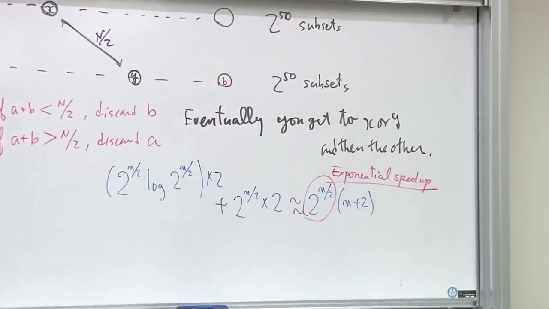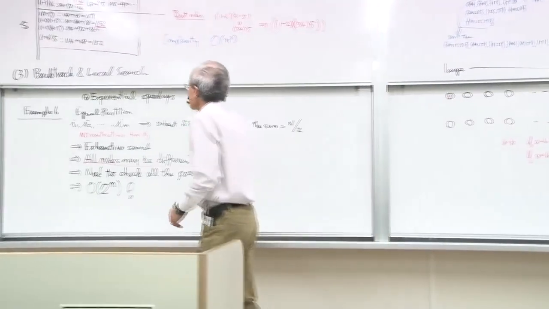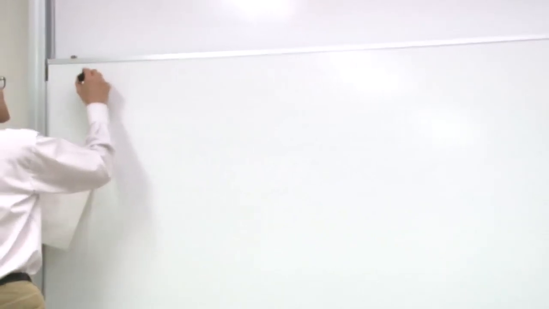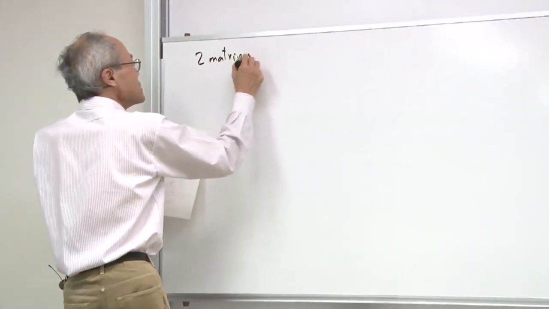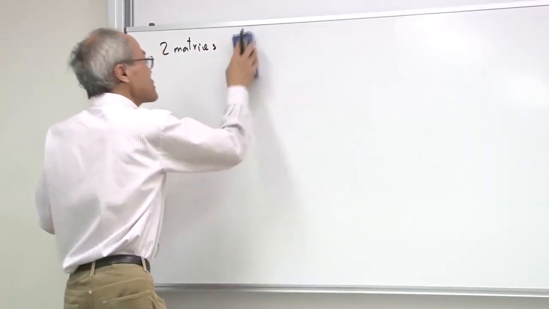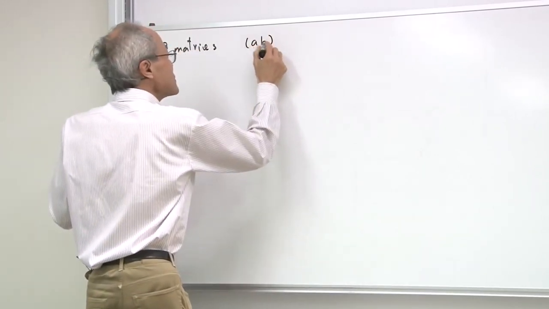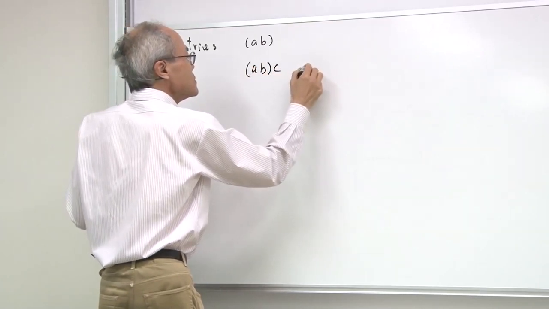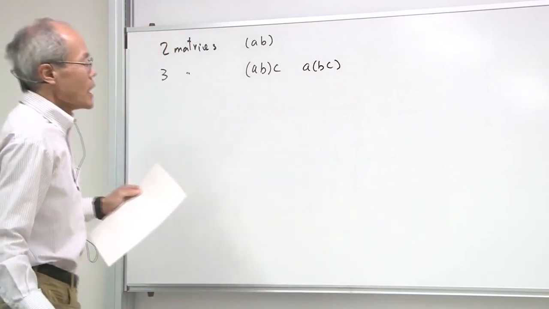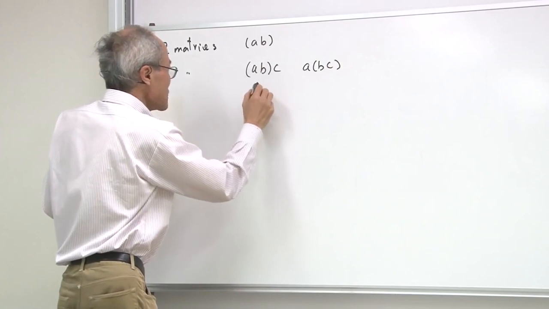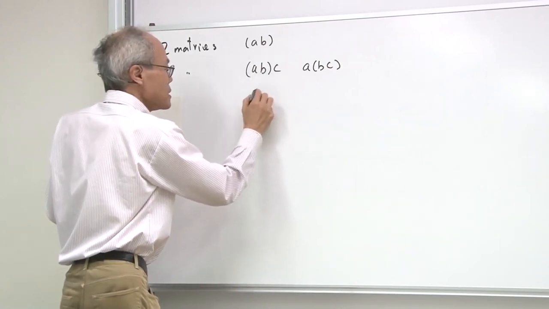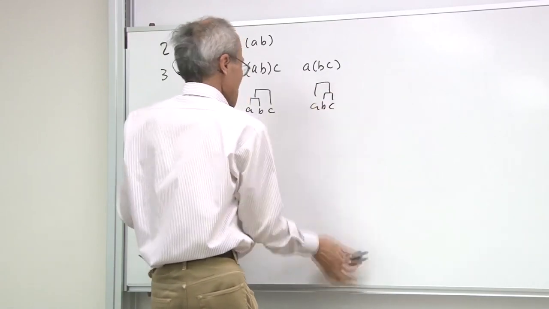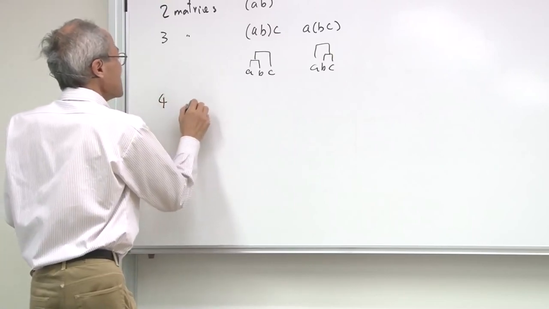Okay, I have 15 minutes more, so I'll show you the number of possible matrix multiplications. If you have two matrices, of course we have only one possibility. And for 3 matrices, we have 2. We denote this order something like this: (AB)C and this one is A(BC). And for 4 matrices, then we have